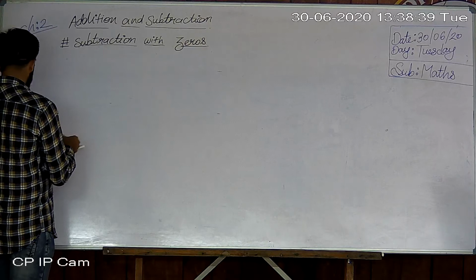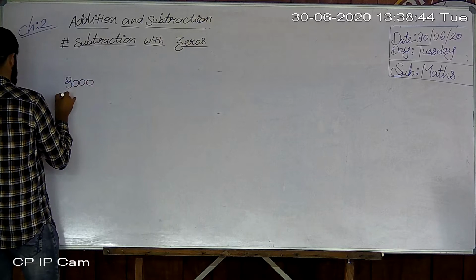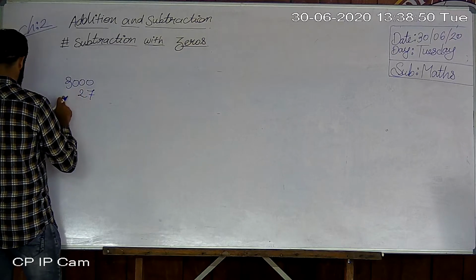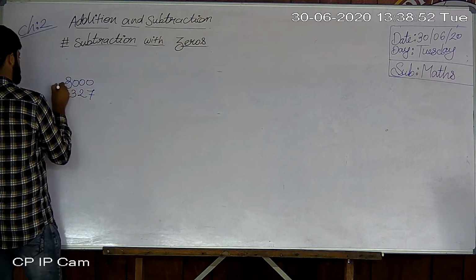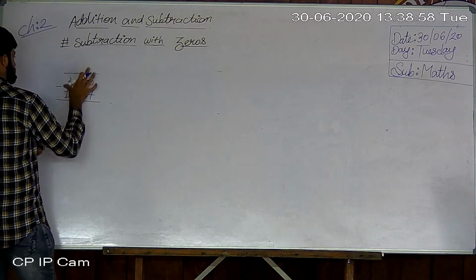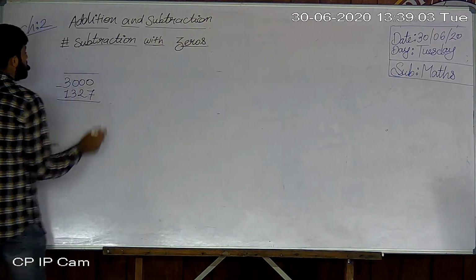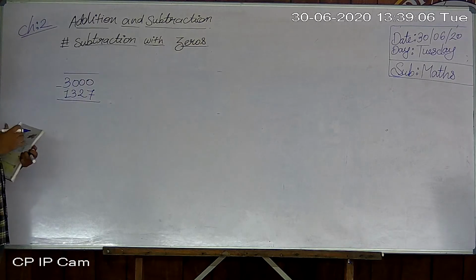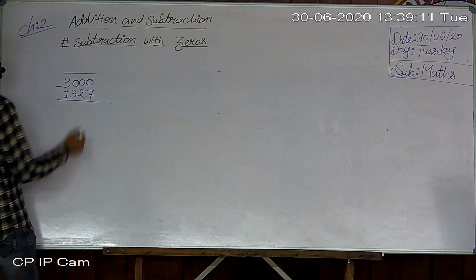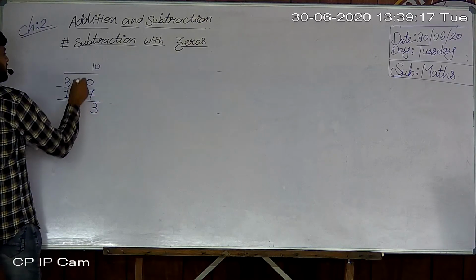Okay, so now students, I am taking one example. 0 minus 7, is it possible? We have a small digit, and we are subtracting the greatest digit from it, so it is not possible. So what are we doing? Borrow 10. 10 minus 7, how many? 3. Again a cut.